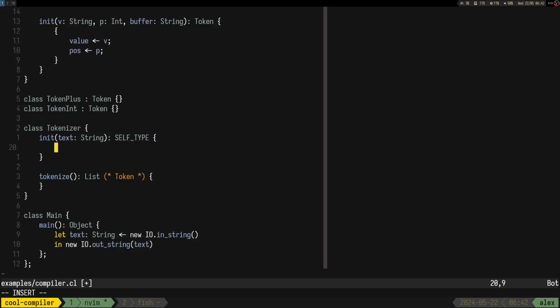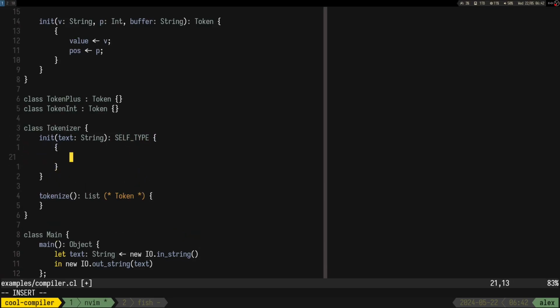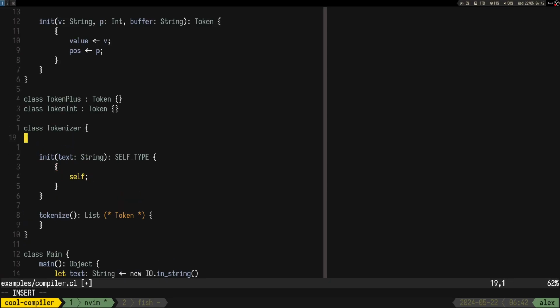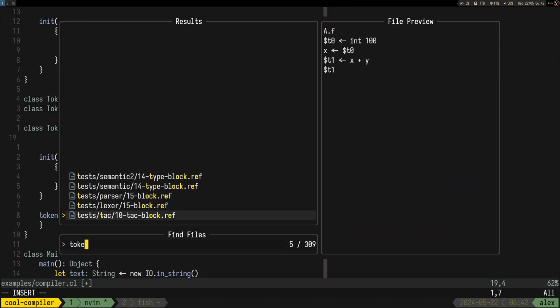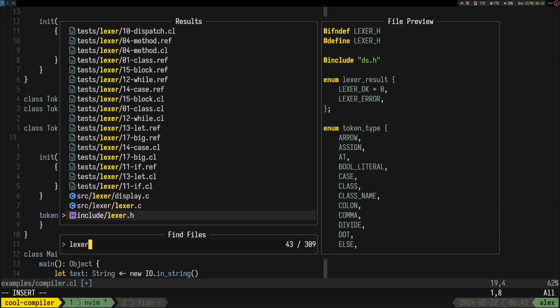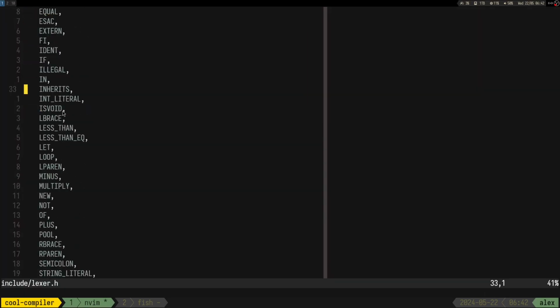It's better that way. Right, and as usual, if you remember from the actual tokenizer, lexer.c, or I guess lexer.h file.